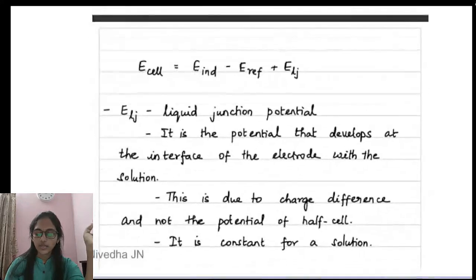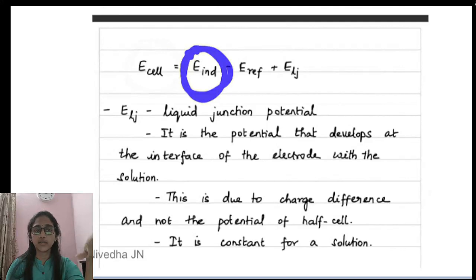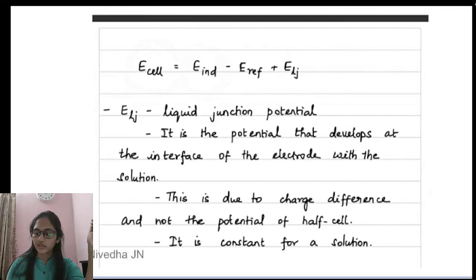So now what is the potential of the electrochemical cell? It is nothing but the indicator potential. Yes, because indicator potential is nothing but the potential change that has happened due to reaction with the analyte of interest. That's what we are interested in, is it not? Minus the reference electrode potential and the liquid junction potential. So I just know this is the difference. Okay, so what all do we have to subtract?